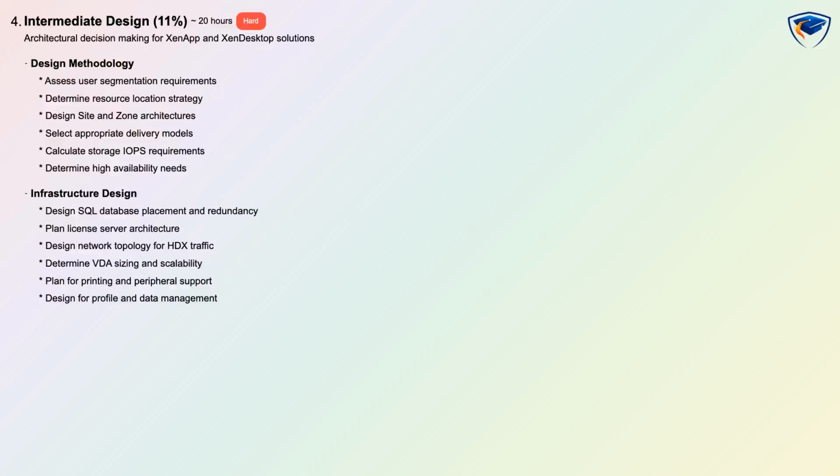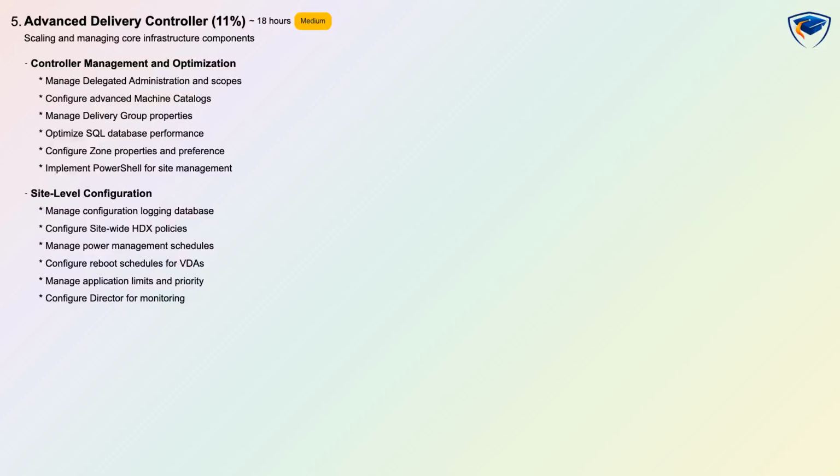management. Advanced Delivery Controller is 11%, medium difficulty, estimated at 18 hours and assessed with hands-on and conceptual tasks centered on scaling core infrastructure. Topics include delegated administration, advanced machine catalogs, delivery group tuning, SQL optimization, and PowerShell automation for site management. You will practice configuring zone properties, preference, configuration logging, site-wide HDX policies, and director monitoring to maintain performance